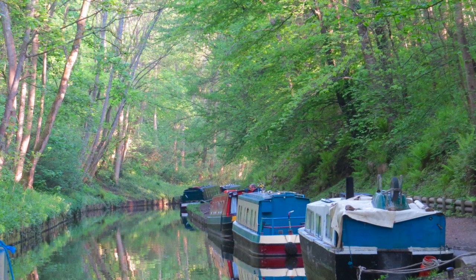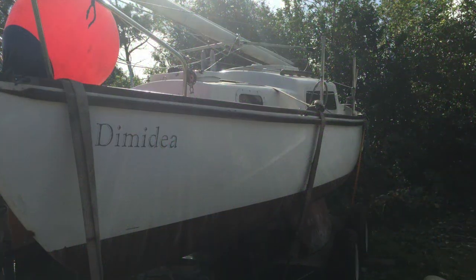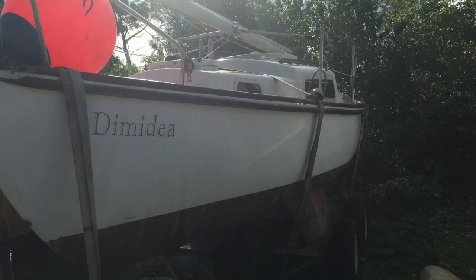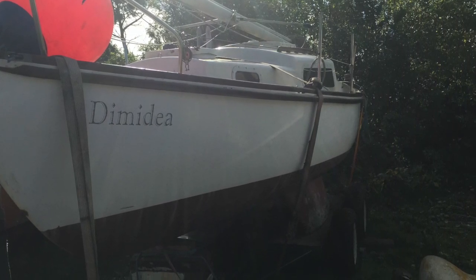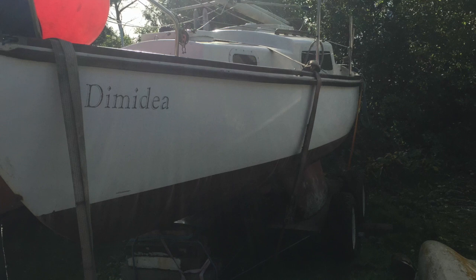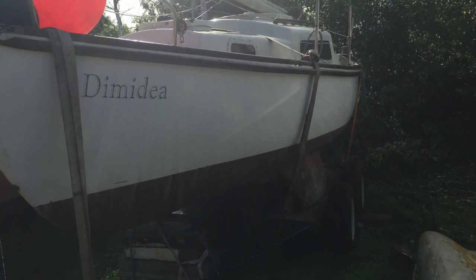So with the boat in Scotland gone, Sambella now sold, what was it going to turn to? Well, it had to be another Hurley. Love the Hurleys, and this is a Hurley Signet Dimidia, or Dim Idea if you read it properly. The other sounds like some form of disease, which I constantly got ribbed about. I got this very, very cheap,